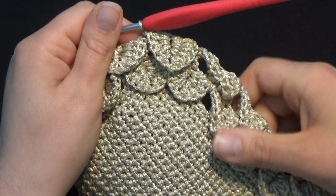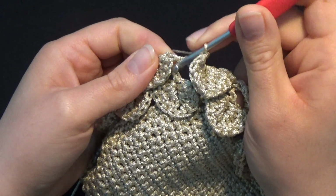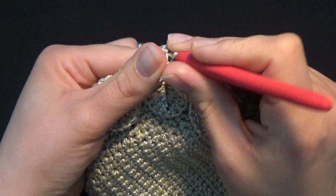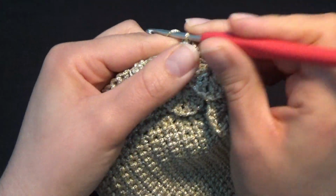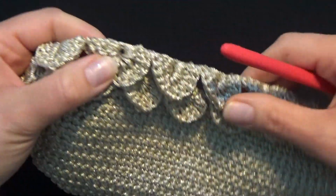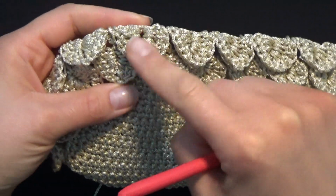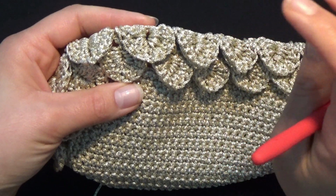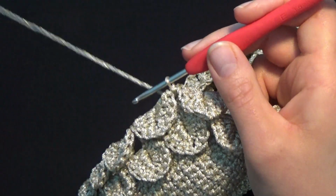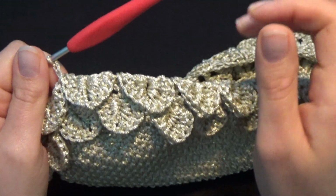I've completed crocheting all around. Okay, now after your last scale, again put your hook in this double crochet that stands by itself, which is the same double crochet that I worked the first slip stitch, chain 3. But before we do the chain 3, I want to see how the stitch looks in this row. So see how all the scales fall in between the scales of the previous row. This is what we want to have as a result in every row. Okay, so after the slip stitch, chain 3, 1, 2, 3,